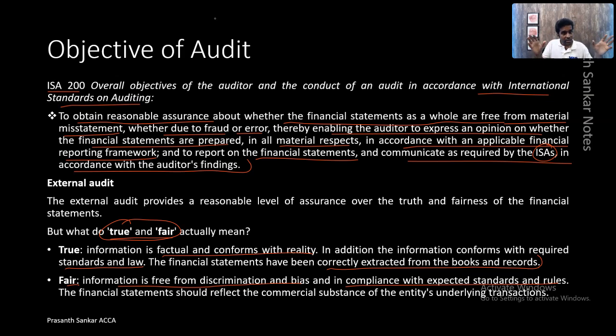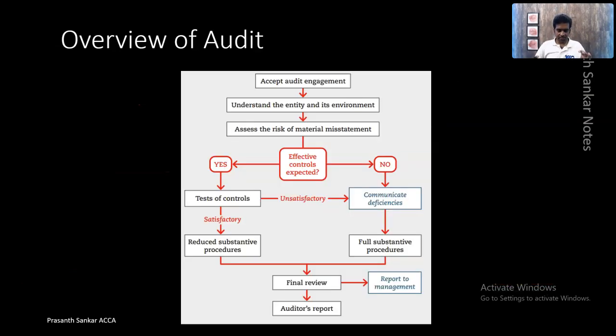But how does he achieve it, or how does he conclude it? How does he come to this opinion? Let us learn that through a process overview flowchart. So this entire page summarizes the entire process of an audit. Like top to bottom, this is what an auditor does to complete each and every audit engagement. The first step is to accept the client, accept the audit engagement. So every auditor, before he starts the audit process, first performs certain preliminary screening of the client, known as KYC, preconditions of the audit, etc.